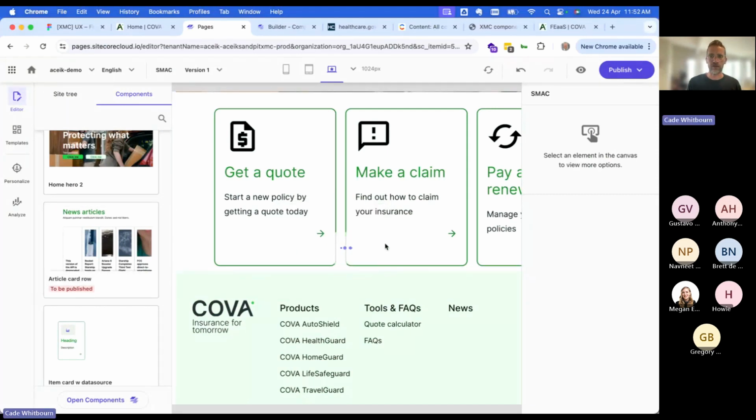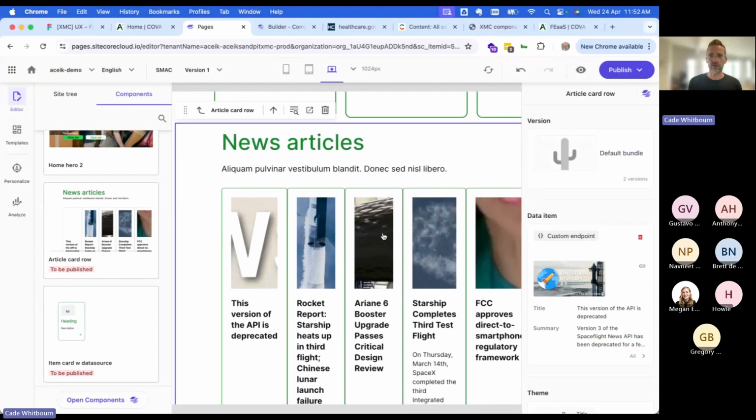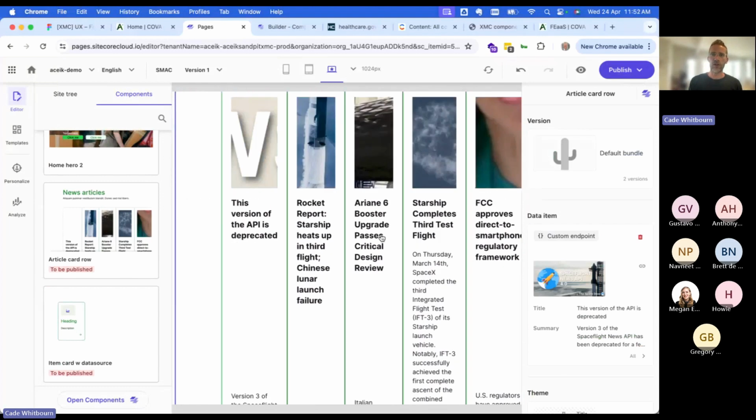Okay, let's drag in our article carousel. So here it is. Now it's still showing everything, right? So now